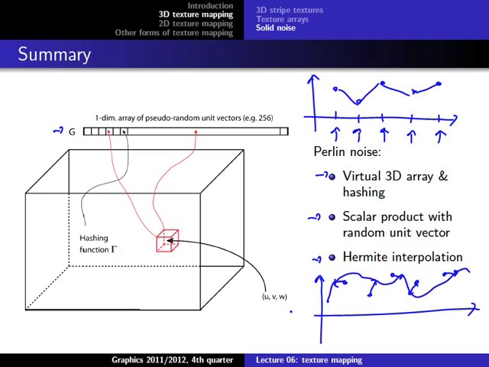With this function we can actually create a lot of interesting textures. We can use that to create wood, we can use it to create clouds or these marble structures. If you do a Google image search on Perlin noise, you get all kinds of very interesting and nice textures. And this is also a very fun thing to implement and then play around with the parameters and see how it changes and what you can really create by changing the parameters,